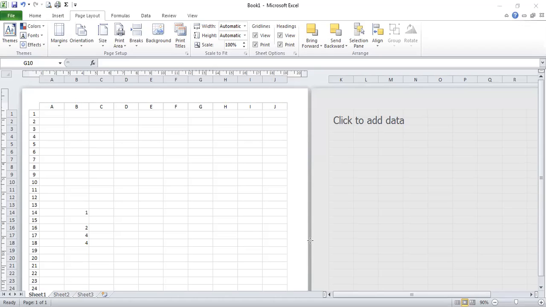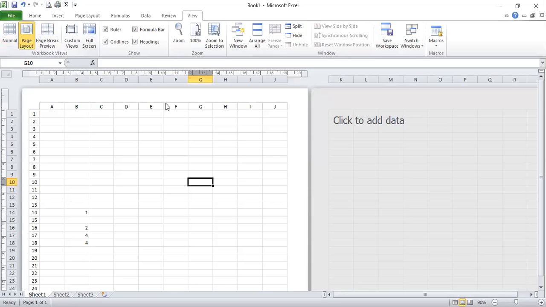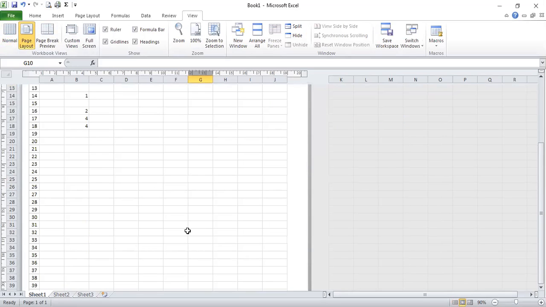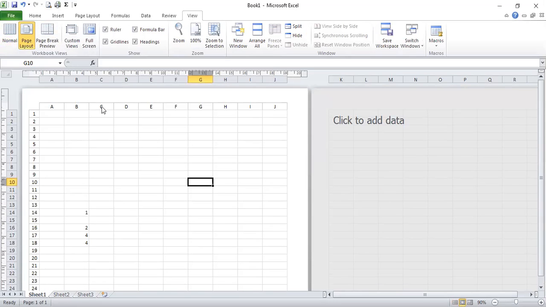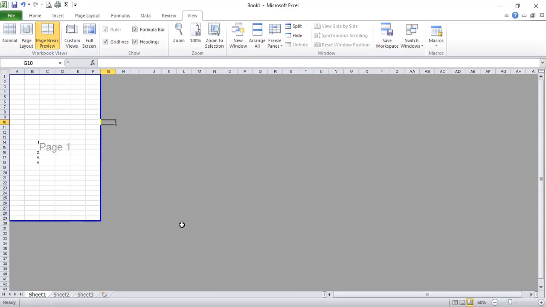So first of all, let's see all types of views. In the View tab, this is the normal view that we generally see. पेज लेआउट, जिसमें पेज पूरा एक एक पेज कैसा प्रिंट आउट में आएगा वैसा दिखेगा. पेज ब्रेक पे आपको ब्लू लाइन इंडिकेट करती है द पेज विल एंड हेयर, so you can decrease the size by dragging these lines, right?